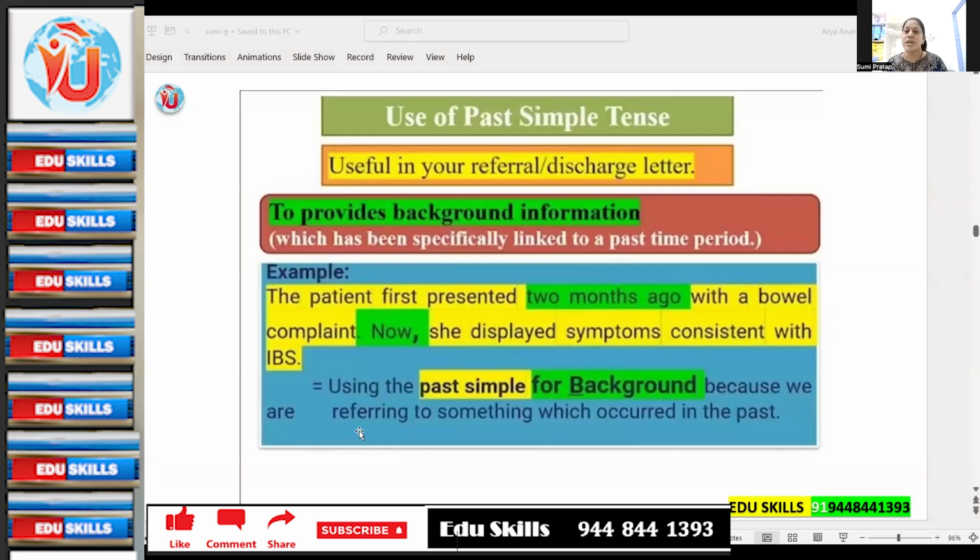For ongoing conditions still not resolved, we can use the past simple tense. The patient first presented 2 months ago with bowel complaints. Now she displayed symptoms consistent with IBS. Okay, using the past simple for background, because we are referring to something which occurred in the past